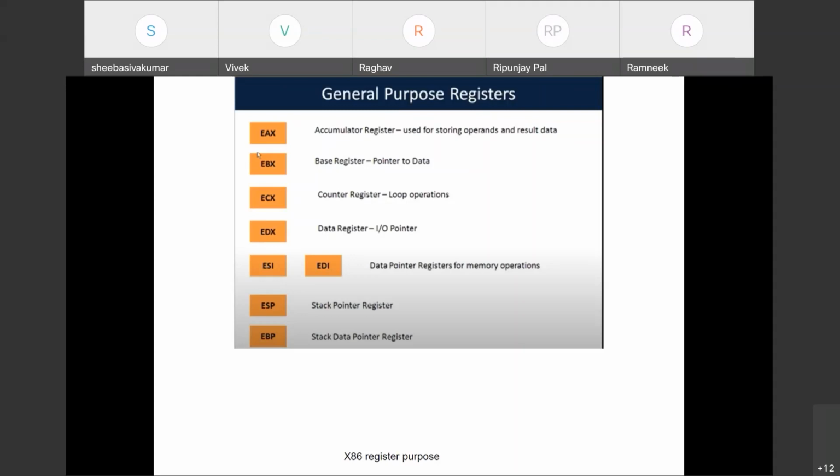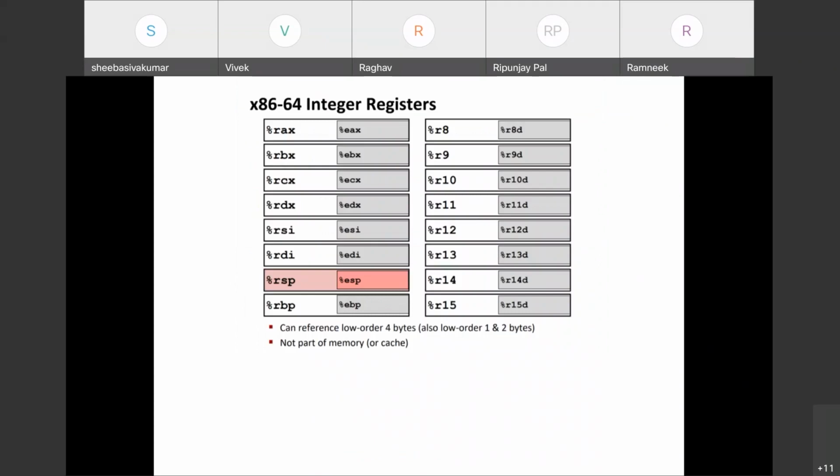For example, let's say you are adding two numbers, A and B. They must be stored on the stack, and then while performing the addition, they might be retrieved again from the stack. Then there is your EBP. The EBP register is a stack data register. It tells us the frame of the stack, so you can say it's a stack frame register also.